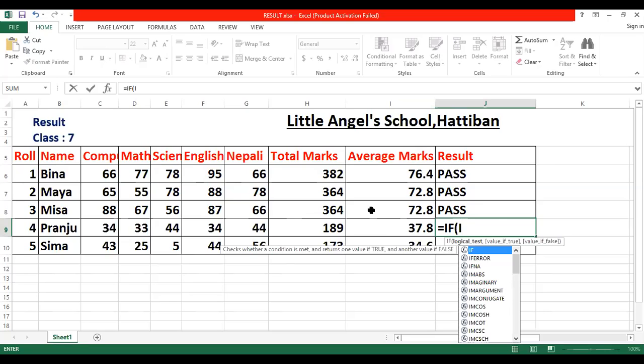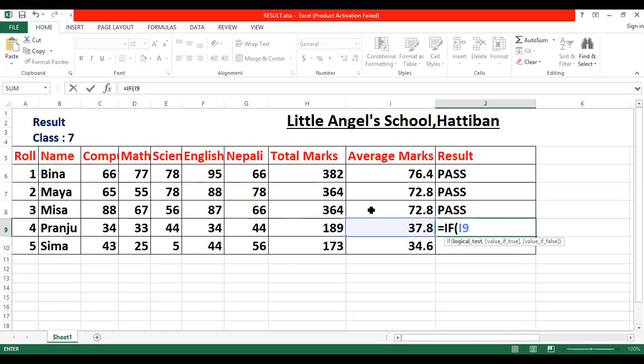Column name is I and row number 9 greater than equal to 40, then comma, double quote, pass, double quote, close, comma, then fail, then bracket close. Yes, she is failed because she is getting less than 40 average marks, so she is failed.